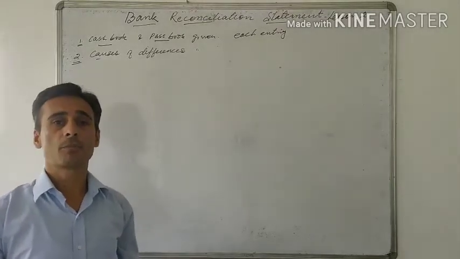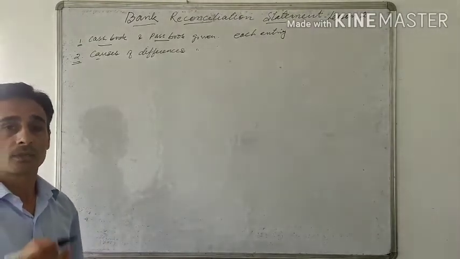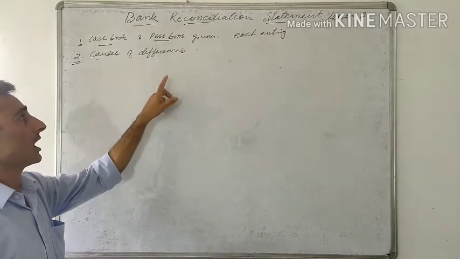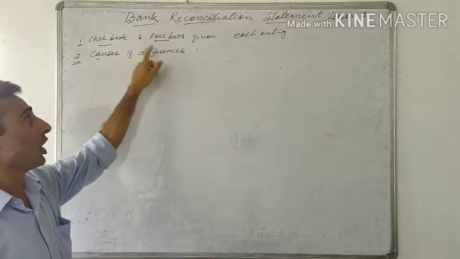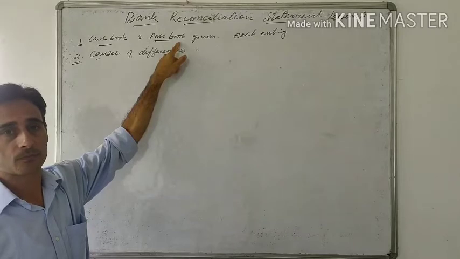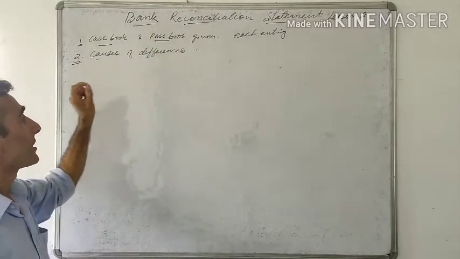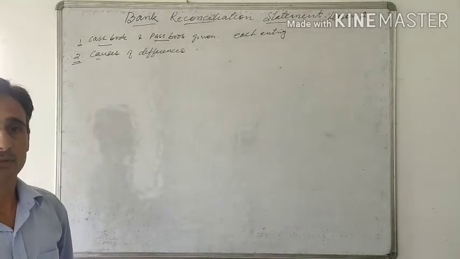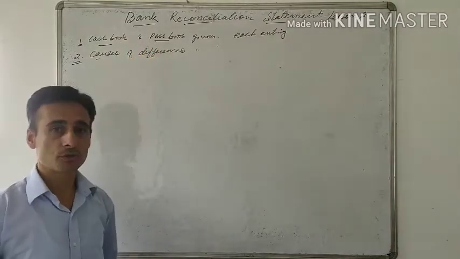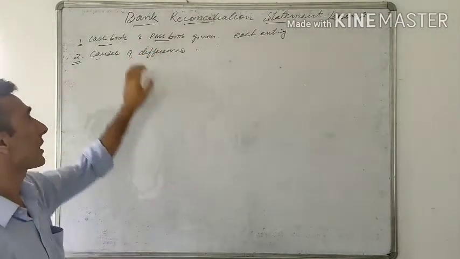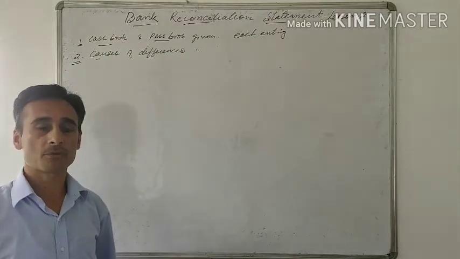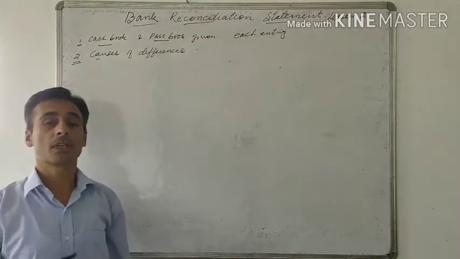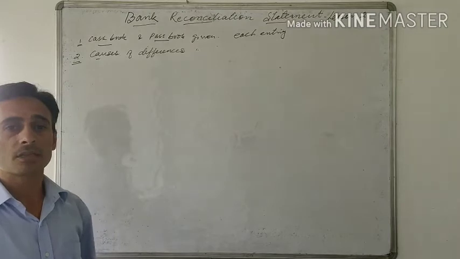After having done that, you will be left with unticked entries. So what does unticked entries indicate? It indicates that those entries are passed either in the cash book or only in the passbook. So by taking these entries, you will prepare the bank reconciliation statement. Fine. So when cash book and passbook are given to you, then we will take those entries which are either not recorded in the cash book or not recorded in the passbook to prepare a bank reconciliation statement. And yes, in this case, first we'll prepare the amended cash book and then we prepare the bank reconciliation statement.